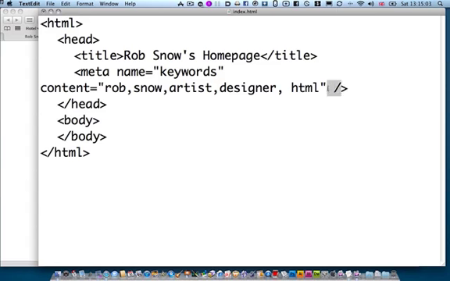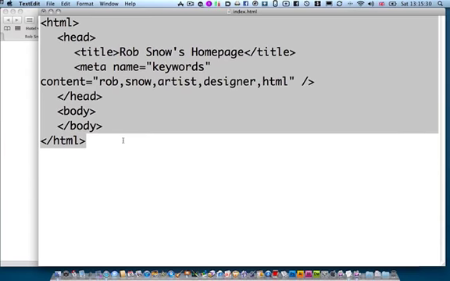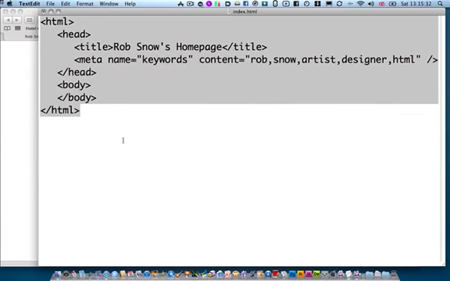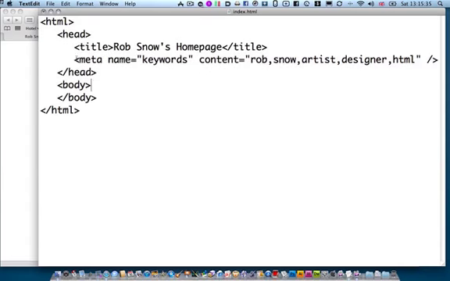This means it's set up for XHTML. If you get rid of that, do that, that's set up for HTML. I'm going to keep it to that standard because I want to keep it all clean and set up for what we're going to do in the future, which is set up XHTML websites. So if you start learning this coding, then it'll help you understand how it works. So that's how you set up a, I'm going to make all this text a little bit smaller, so it tries to stay on one line. So that's your normal meta tag